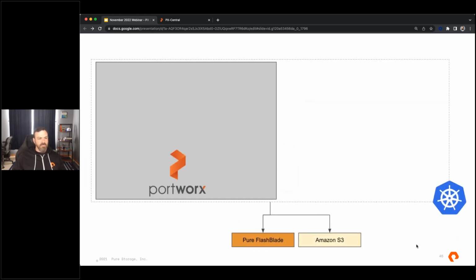So how does it work? We've got a few new Portworx objects that you would deploy in your Kubernetes cluster. These are our own custom resource definitions. The first one is a PX bucket class. A PX bucket class is very similar to a Kubernetes storage class. You're going to define how you want your